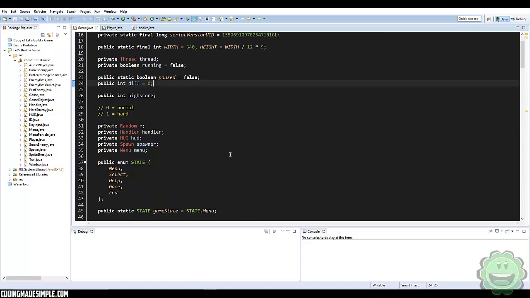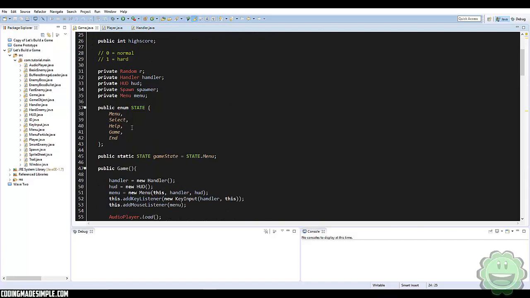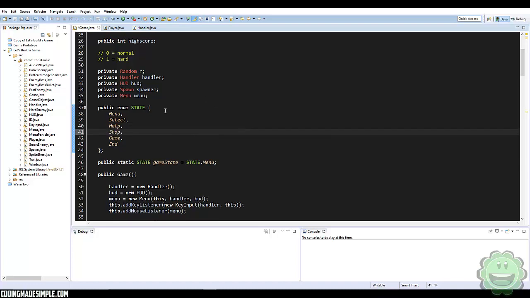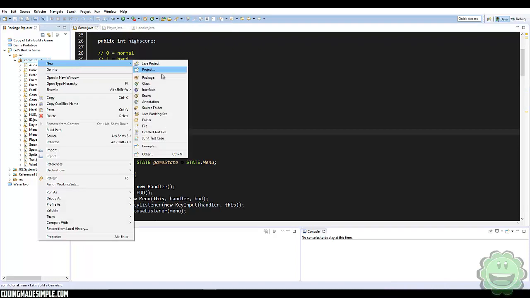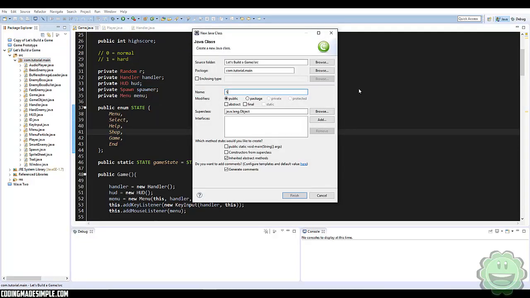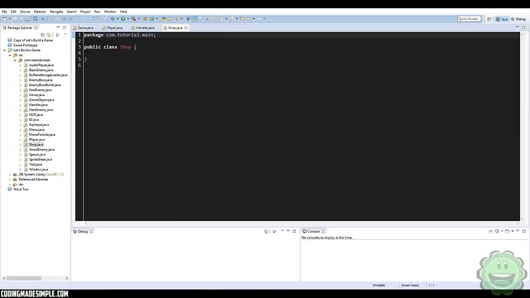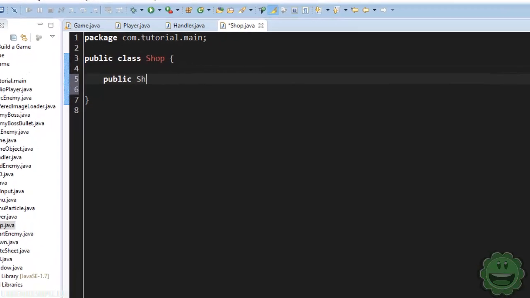Alright, so the first thing we're going to want to do, since we're having a shop, is create another state for our shop, and I'm just going to name it shop. Pretty simple. And I'm going to create a new class and name it shop. And here's where we're going to update everything and make everything work, right? So here I'm going to put in a constructor for our shop